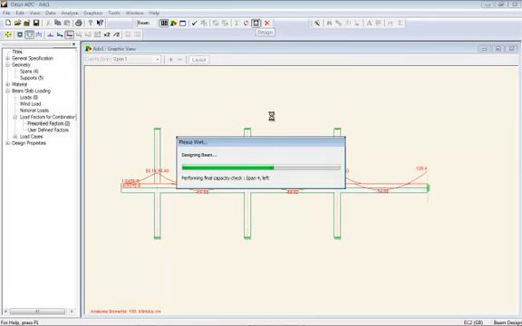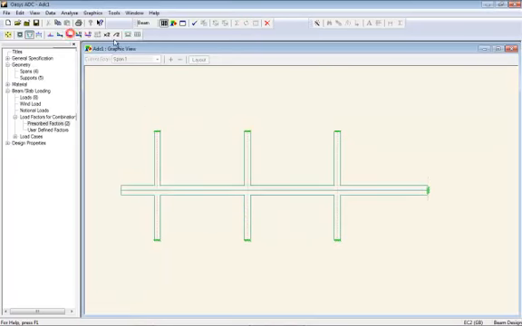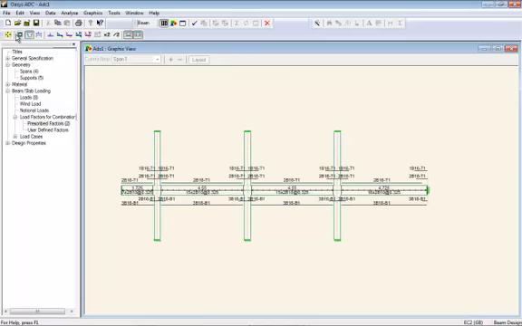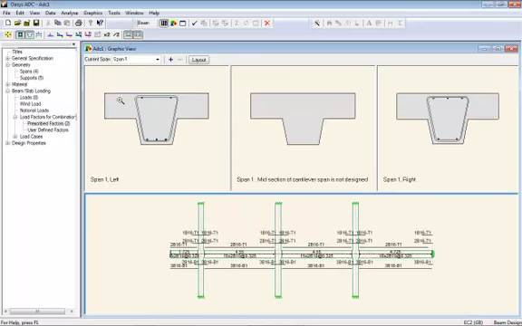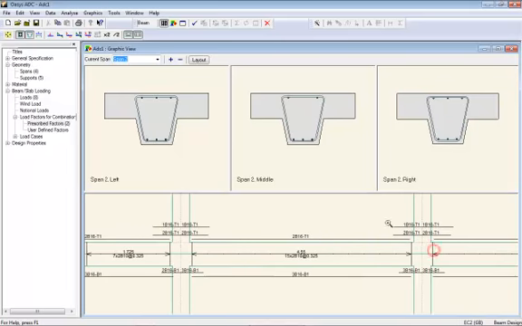So it's just designing those bars, choosing the right sections, no warnings, and let's have a look at the bars chosen, and let's look at the cross section as well. So zoom in a bit closer just by clicking on the span, and we see in this cantilever a few bars top and bottom. There's the continuity, and we generally got 2 to 3 T16s